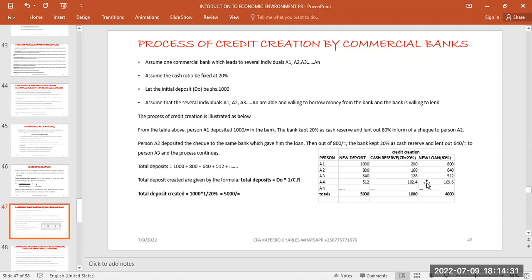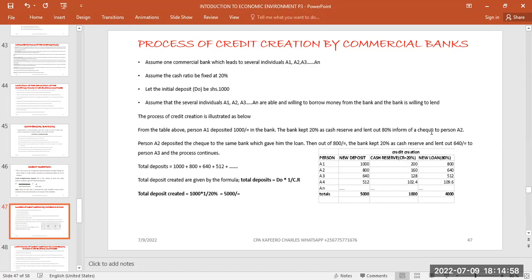Then there is also another scenario whereby this money we've kept here is going to accumulate and we'll be having a lot of money. That's liquidity. It's going to be a lot of money. It will give us problems in terms of security, it will make us make sure that we'll be guarding everything.